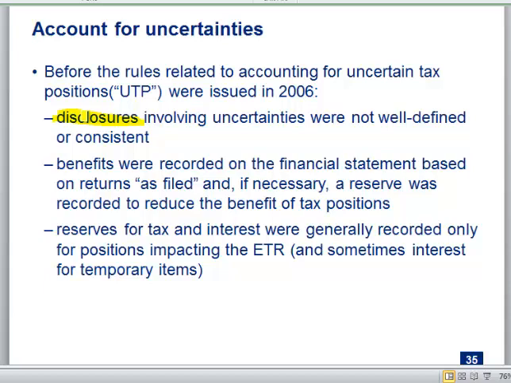You could take two companies with the same facts. One might book a reserve, one might not. And the FASB sat there and thought, this is not good. We need to be more prescriptive with how we define how to account for exposure, so companies are more comparable. So they created all these rules to try to do that, even though there's still a lot of subjectivity in the field of play on the topic. Keep in mind that the reason the rules changed was more disclosures and more consistency between companies, given a set of facts.